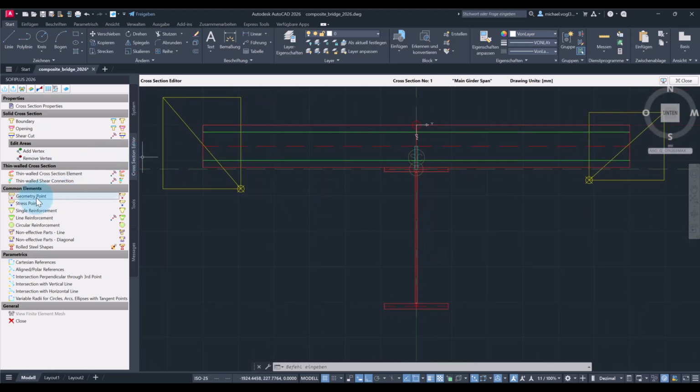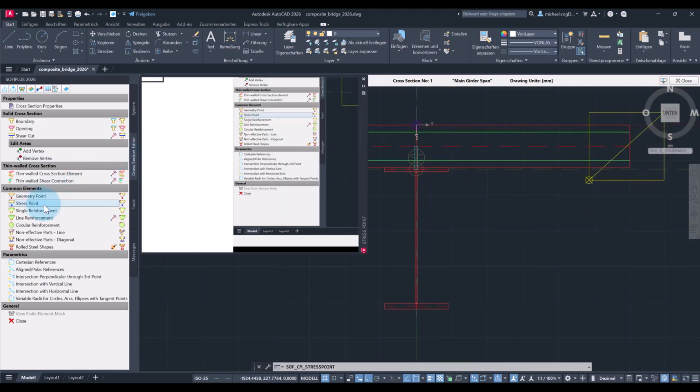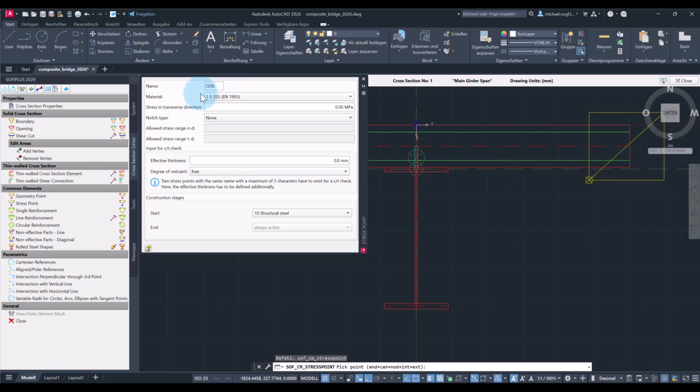Okay, then let's create the stress points. Make sure to have the correct material assigned and also the correct construction stage. And you can also give a name to the stress point. Here I will use web T for top.